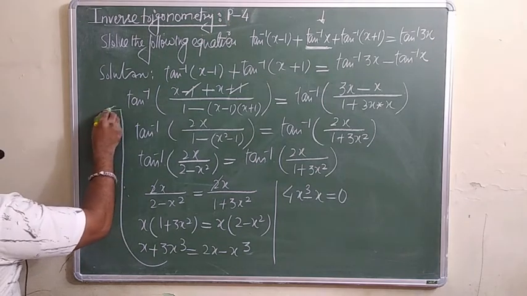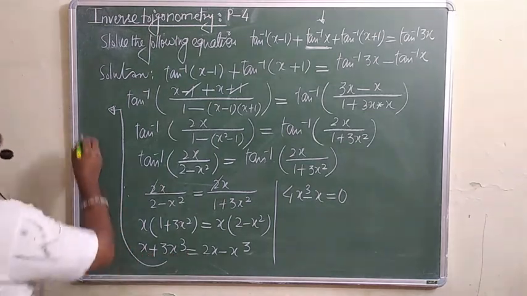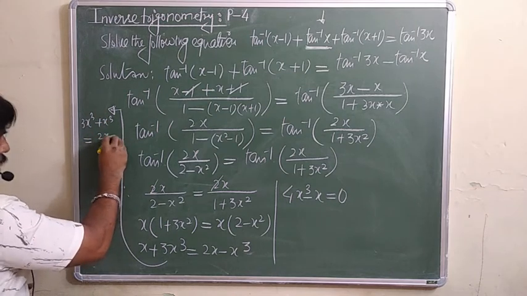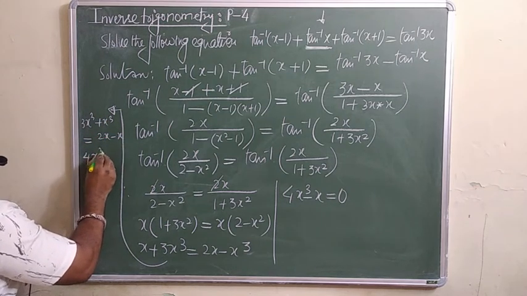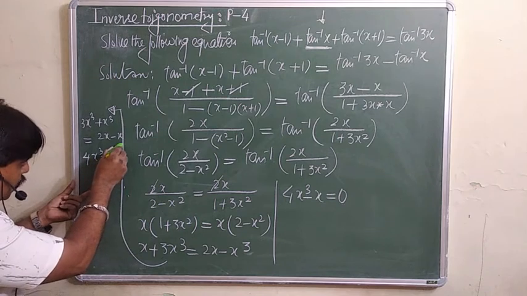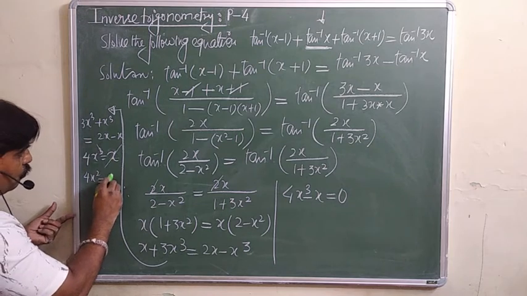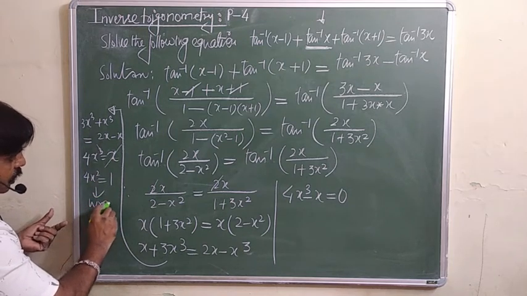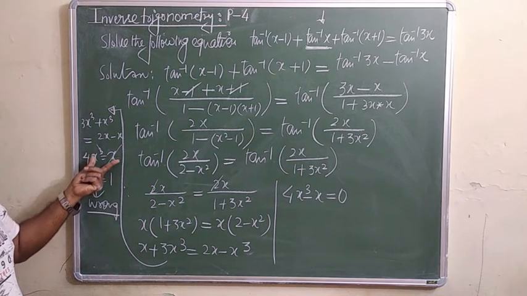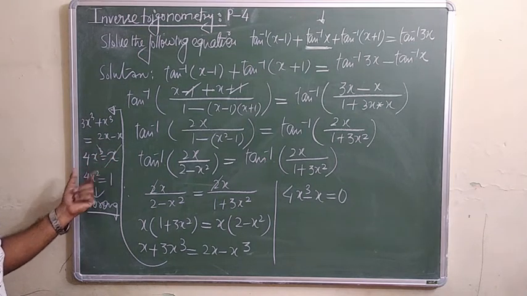See, the important point is here. Sometimes the children transpose the x cube term to one side and x to the other side. They do like 3x cube plus x cube is equal to 2x minus x. So you are getting 4x cube is equal to x. Now they are going to cancel the variable x from both sides and write 4x square is equal to 1. This is absolutely wrong. We are going to change the nature of this equation. This is a cubic equation, because the degree is 3. So you must have 3 values for x. So you cannot cancel. You should be very careful.